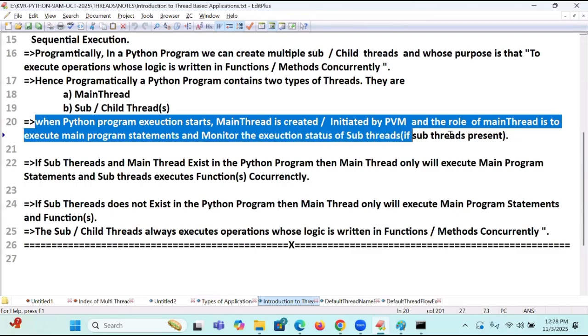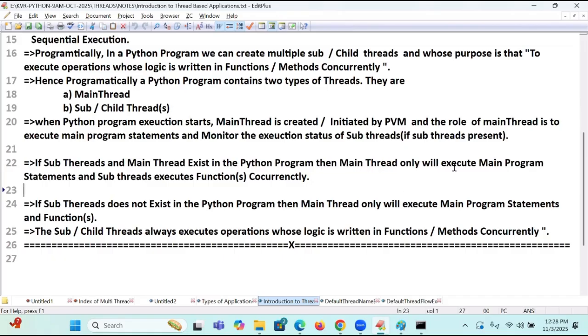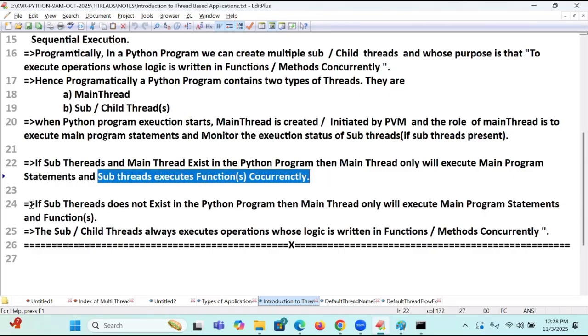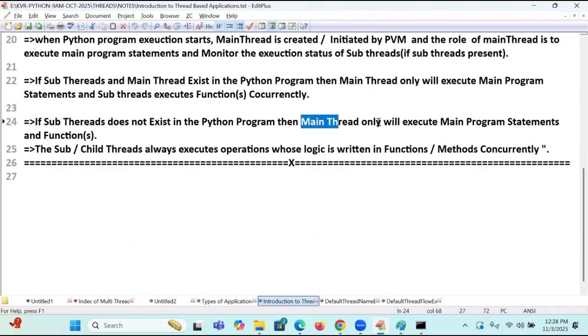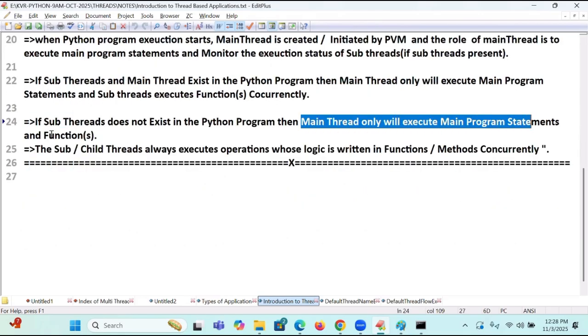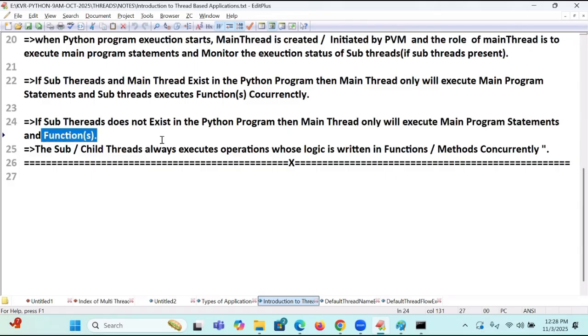But here there are no subthreads. If subthreads and the main thread are present in the same program, the main program statements are executed by the main thread, and subthreads will execute the functions. If subthreads do not exist in the Python program, the main thread only will execute the main program statements and the functions also.